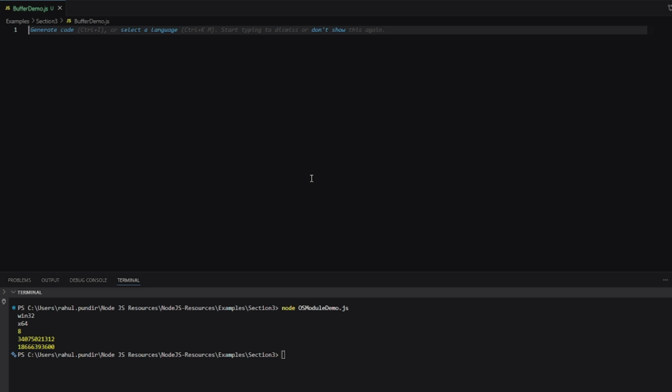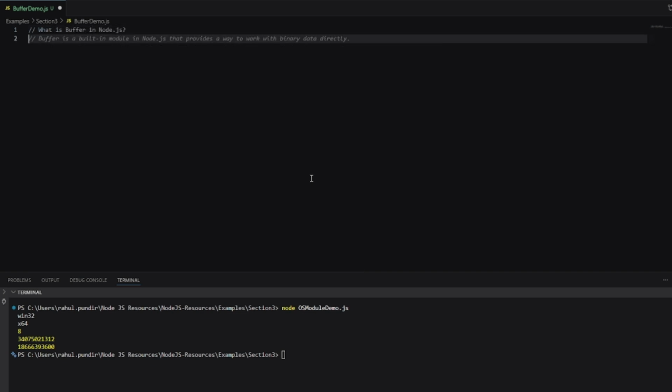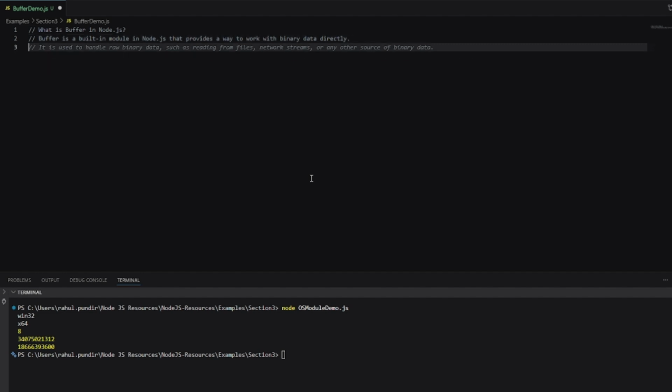In this video we are going to discuss the buffer. So what is a buffer in Node.js? As simple as that, like other modules, it is an inbuilt module in Node.js that provides a way to work with binary data directly. Okay, a very simple definition you can write here: buffer is the temporary